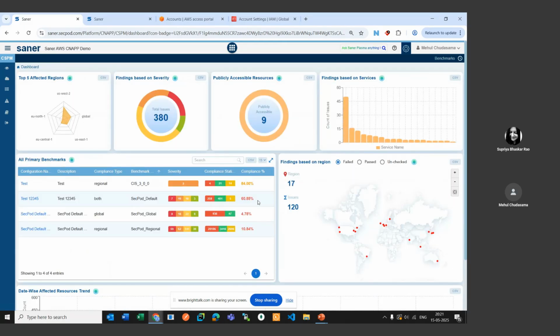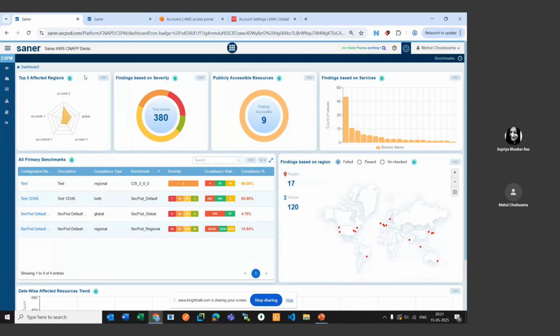One thing I missed to show is our Gen AI capabilities. We've been showing you so many dashboards and so much data, but if you are not able to make sense of any particular thing, you can always turn to our Gen AI.